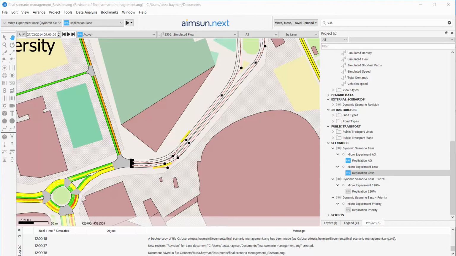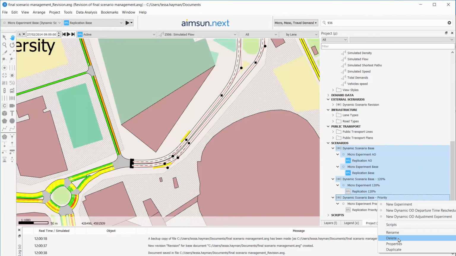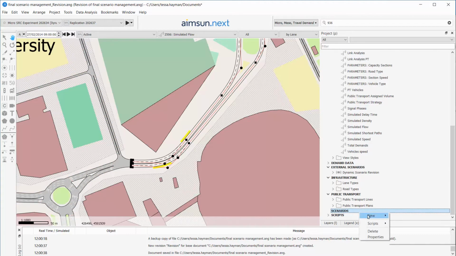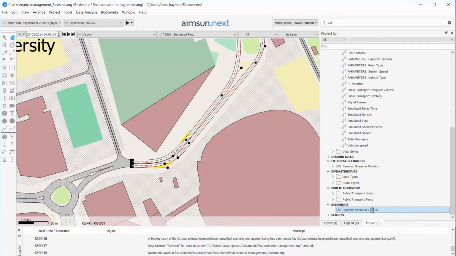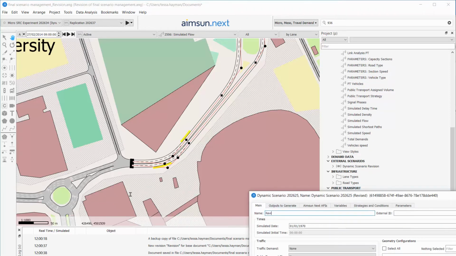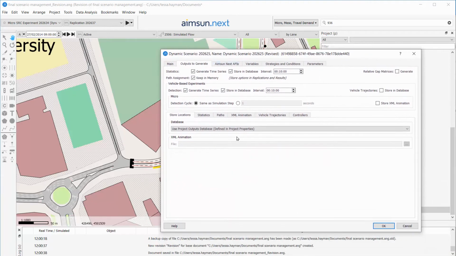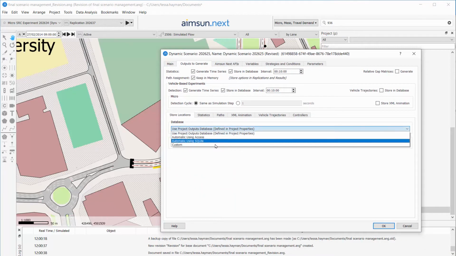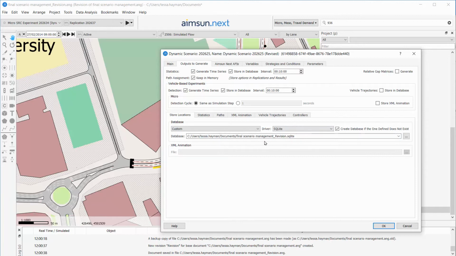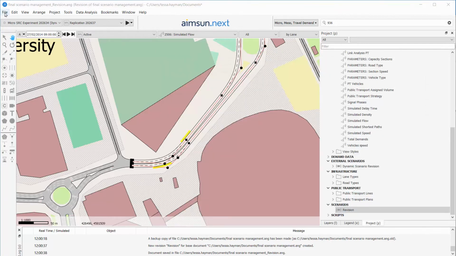Once the revision has been created, we're going to delete the scenarios that refer to what was simulated previously in the base network. We're then going to create a new scenario, call it revision, and we're going to go into the outputs to generate and check that that database is the same as we had before. Then save your revision,